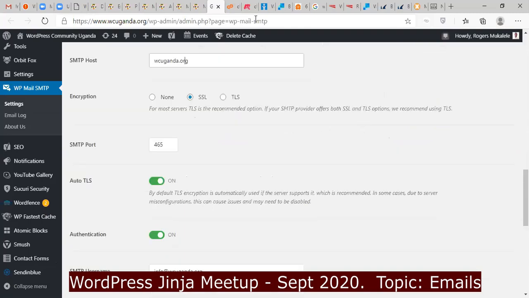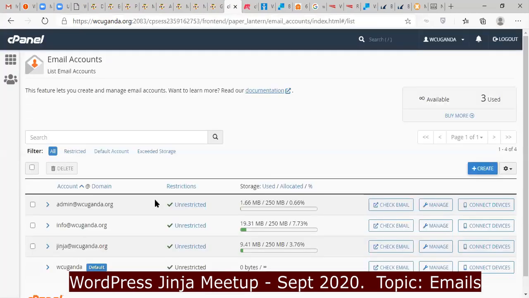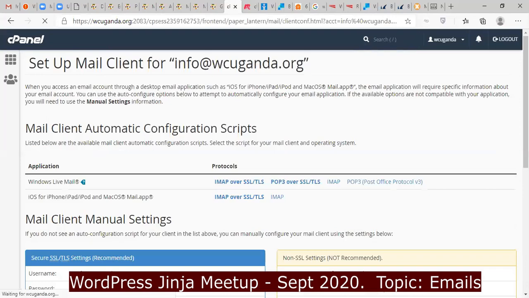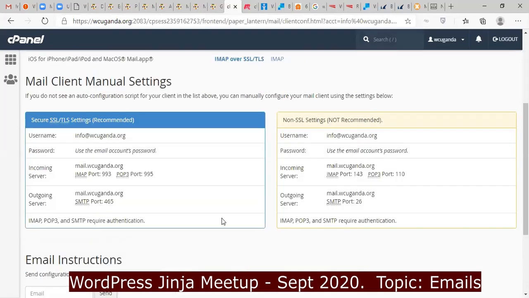So this SMTP port, you go back to the other side where we have been looking. You come here and then you click on connect devices. In cPanel, in your control panel where there are email accounts, you can click on connect devices, and from there you can get the settings: the SMTP port, the IMAP port, and all these things. So you come and you put them inside your